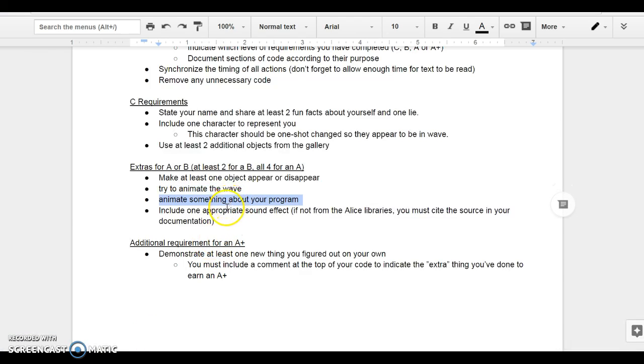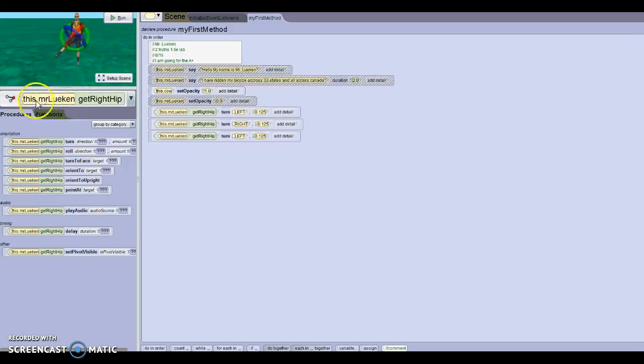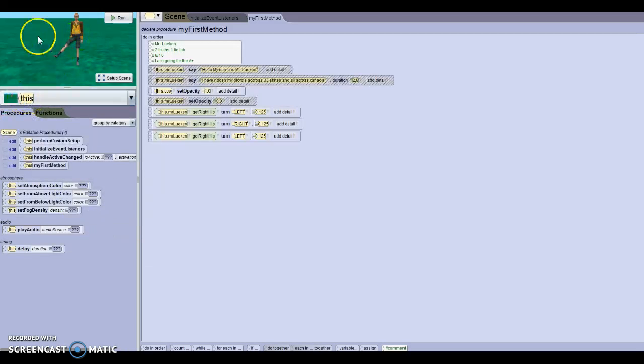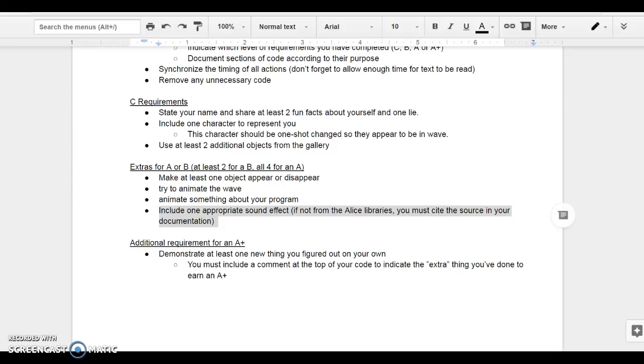All right. Animate something else about your program, play around with that, the sound effects. So make sure you're in this, which stands for the entire world, and there's play audio, and I'll let you figure out that one. For the A+, you just have to make sure you are doing one new thing on your own. So I'll let